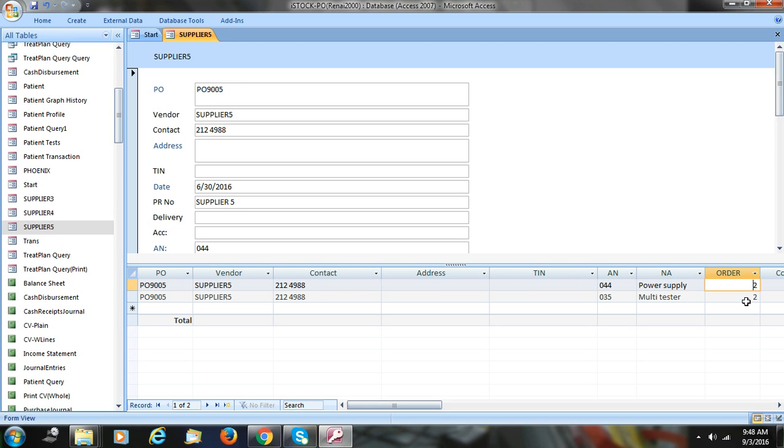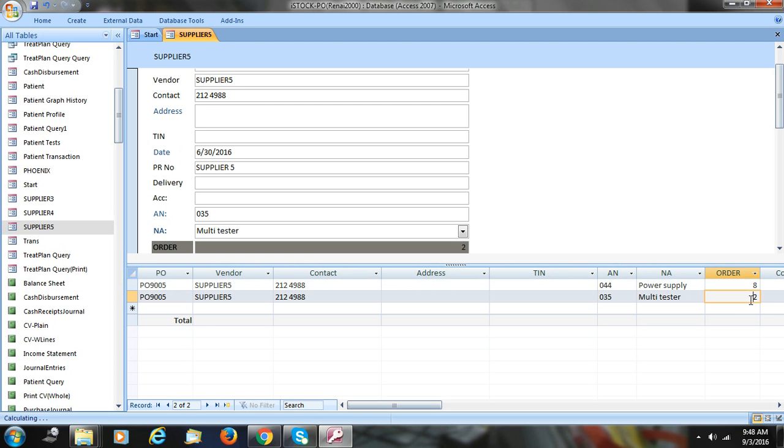Let's just put it in, let's say 8, just for example, so that we may distinguish it later. Okay, so it's a unique number 8. Not necessarily that you'll be ordering 8 power supply, but